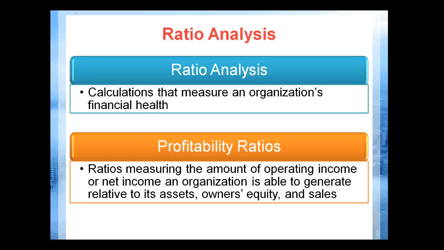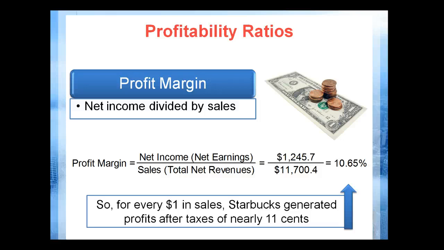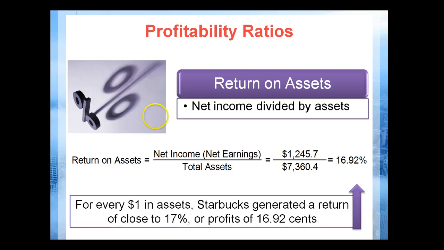There are the profitability ratios, and these show how the organization is able to generate assets that will turn into equity and sales. They want these profitability measures, like the net profit margin, to show how well they are earning profit. And they use those ratios to compare with other organizations, because that can tell you if you're doing as well as your competitors, you are in good health. If you are doing poorly compared with other organizations within your industry, then you need to assess what's going on and make some changes. So profitability ratios are very important.